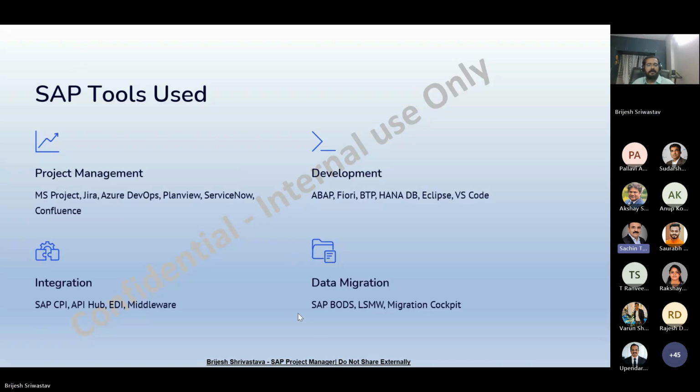That is why it is so important that we understand which module is impacted because of the issue. So when Brijesh is highlighting that you should understand SAP, you should understand it not from the configuration point of view. But if an error is coming, then looking at the error, you should understand, okay, this is a finance error, and you need to go to the finance consultant and get him into the call. Yes, correct.